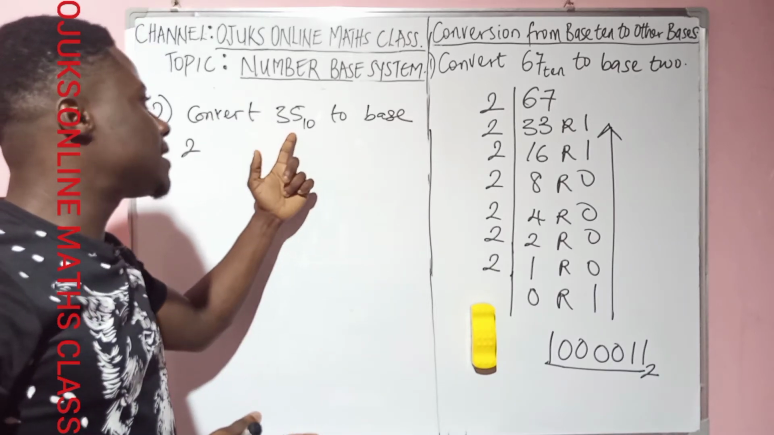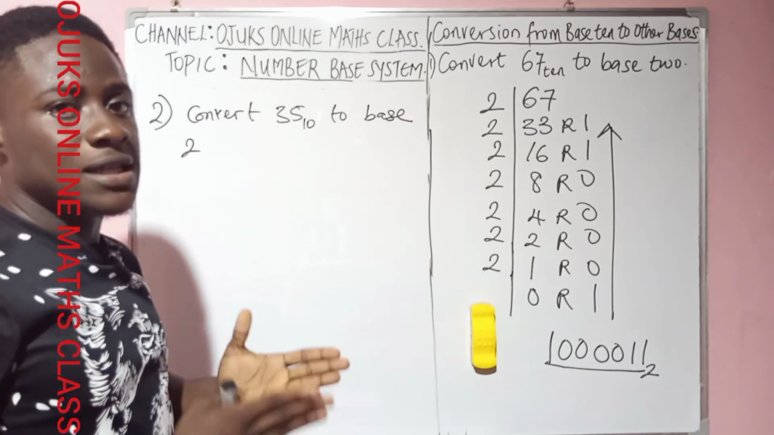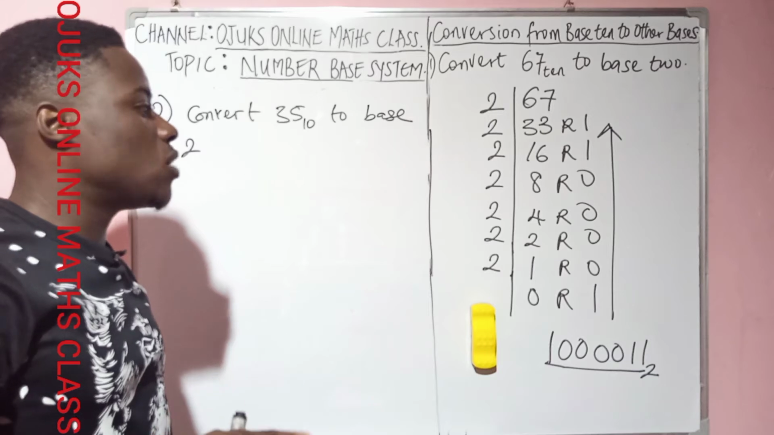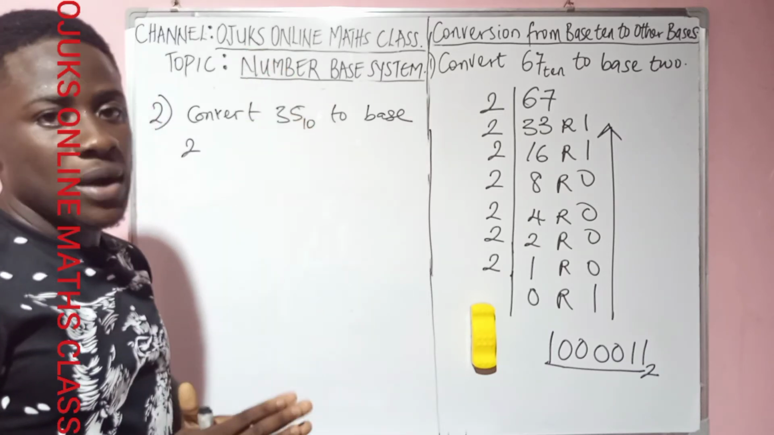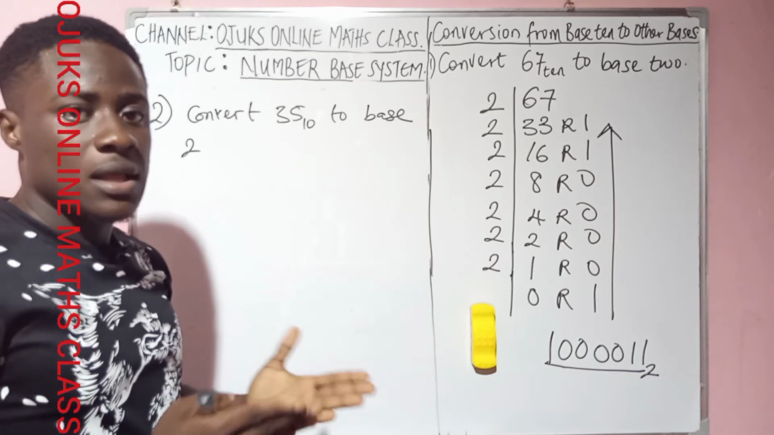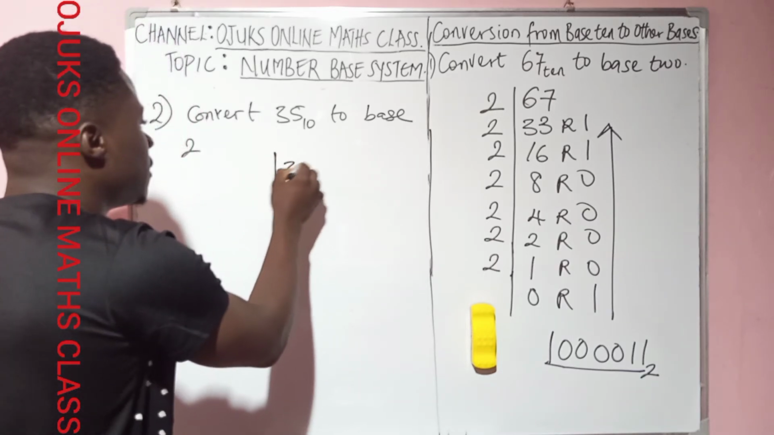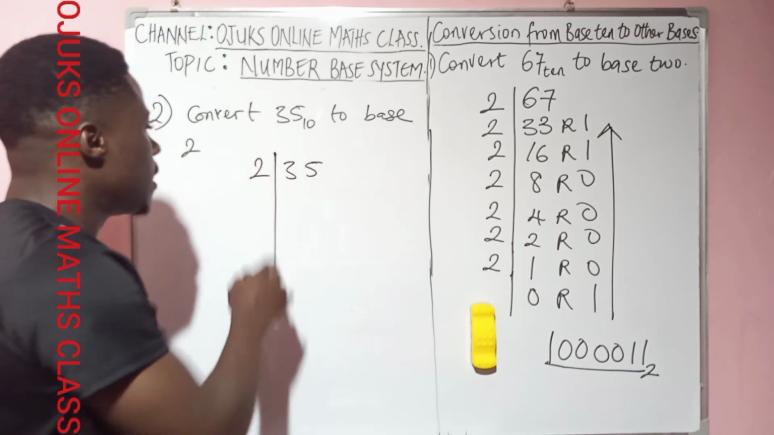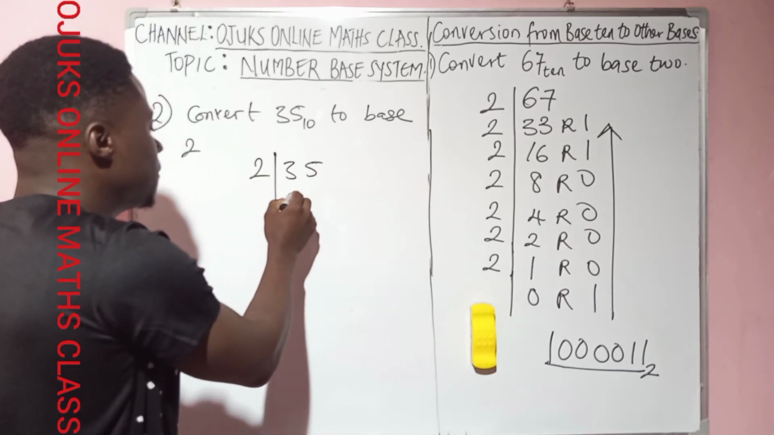Since it's a number in base 10 and we are asked to convert it to base 2, it's very simple. This involves just repeated division. After dividing, we will collect the remainders upwards as our result. Now, let's solve. First of all, 35 comes in, then 2 outside as our divisor. Now we'll divide. 2 divides 35, we have